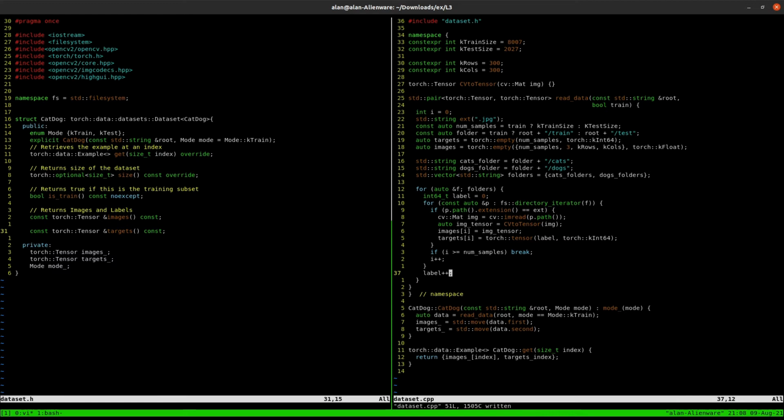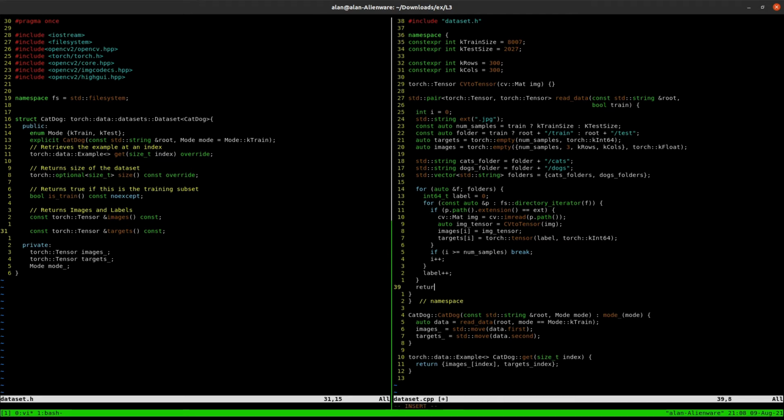So this is pretty much all that's needed. Oh, we have to return what we need in here. So we'll just return our images and our targets. So this function is completed. You don't need to add anything else. So we need to work on this here. So once we do that,